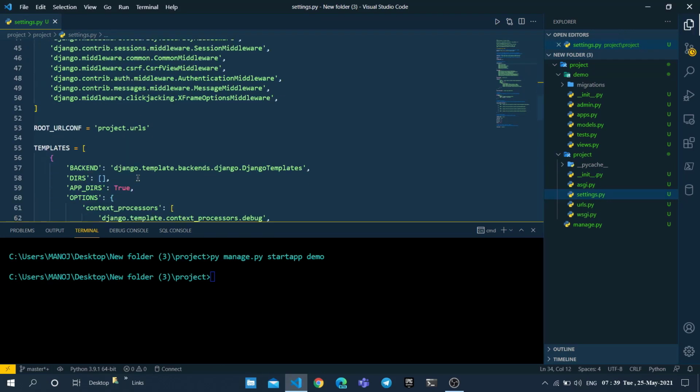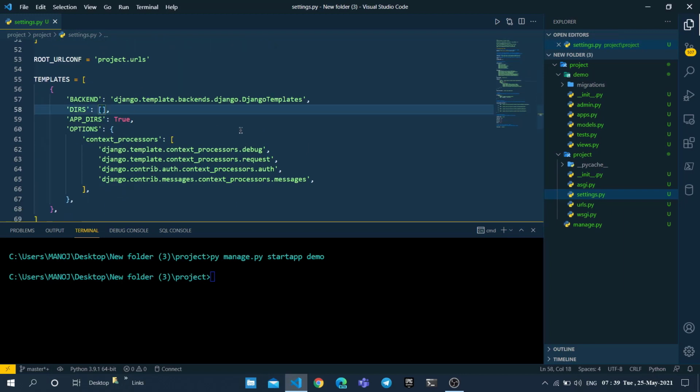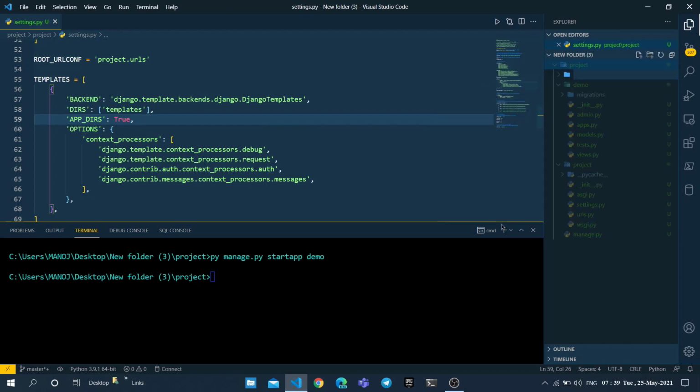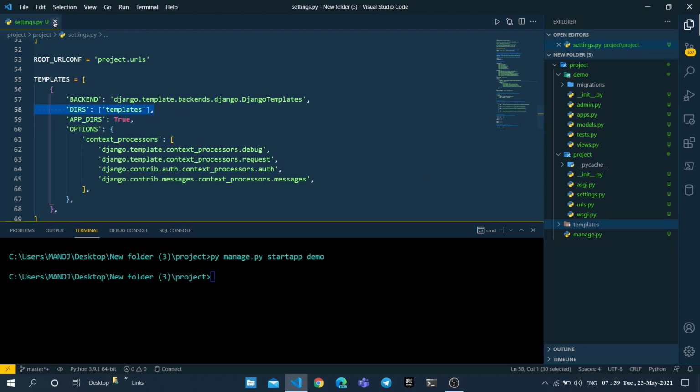After that, configure the template folder as well. In the templates list, configure the templates folder. Let's create a templates folder which can hold our HTML templates. As you can see, we are configuring this templates folder into our Django project by writing this.